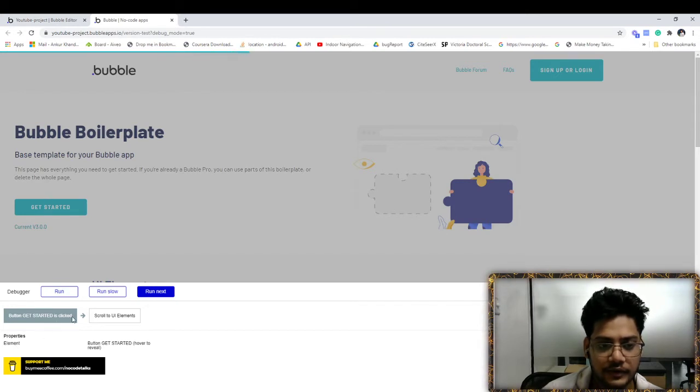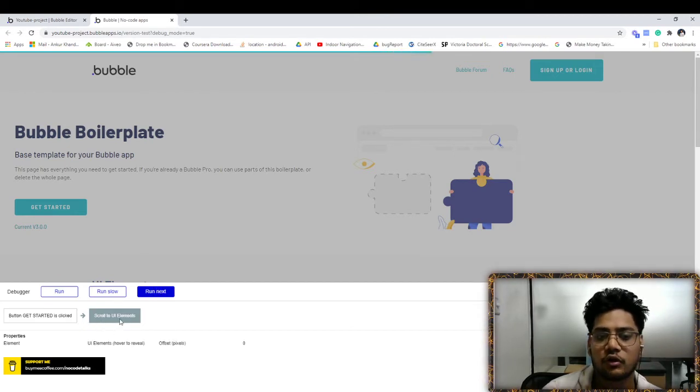It will tell you what the properties of that button are. The button is get started, and next it will tell you what the next task is. The next task is scroll to UI element. When you click on run next, it will tell you scroll to UI element, and the scroll to UI element button is grayed out. It will tell you some details.